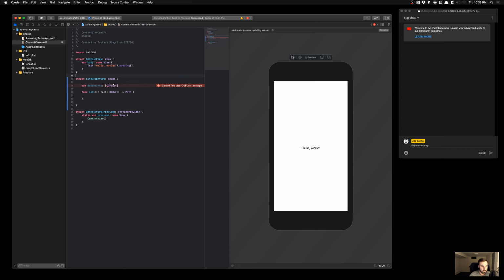Can't find this in scope. Is this just Xcode being itself? Okay, all right, yeah, that was just Xcode being weird. Okay,